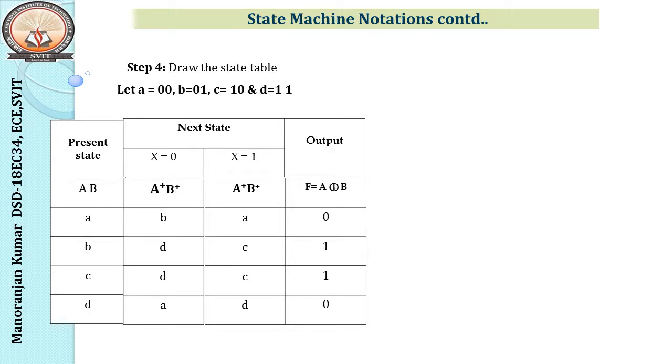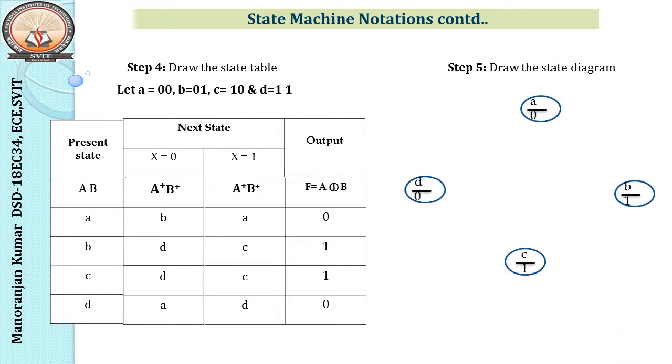The only difference you can say between Mealy and Moore here is that in case of Moore, the output does not depend on the input. That's why I am not taking x equal to 0 and x equal to 1 in this particular place. Since the input is not reflected in the output expression, we should not consider this. Okay. So the last step is to write the state diagram of the machine. Since we have 4 states, we'll take 4 circles.